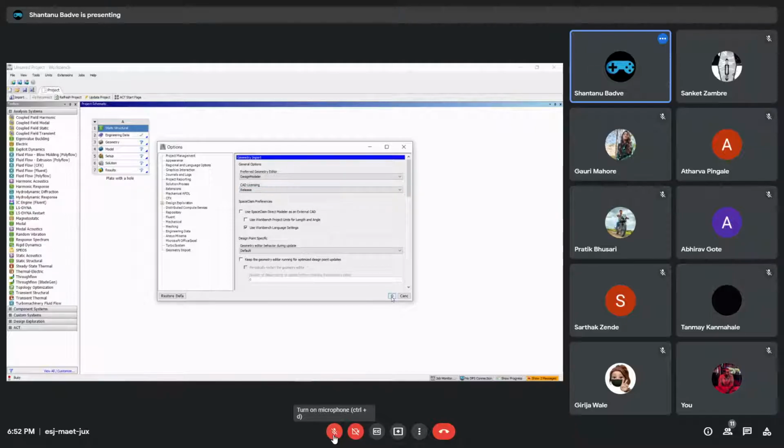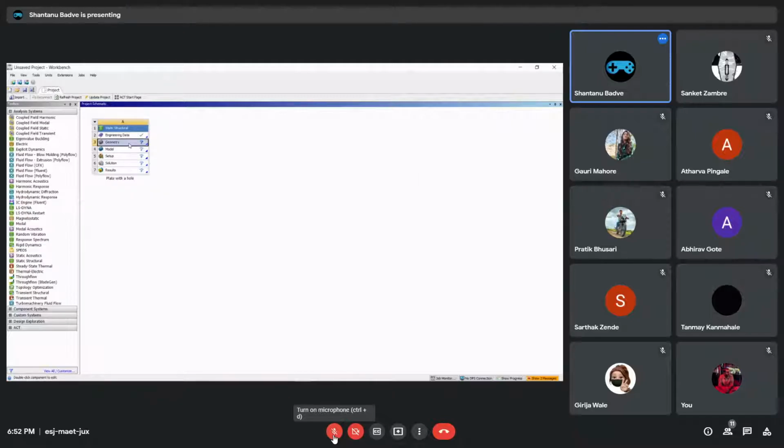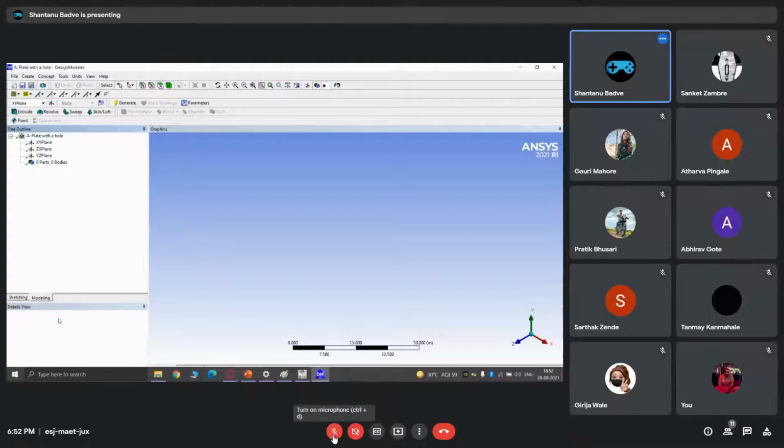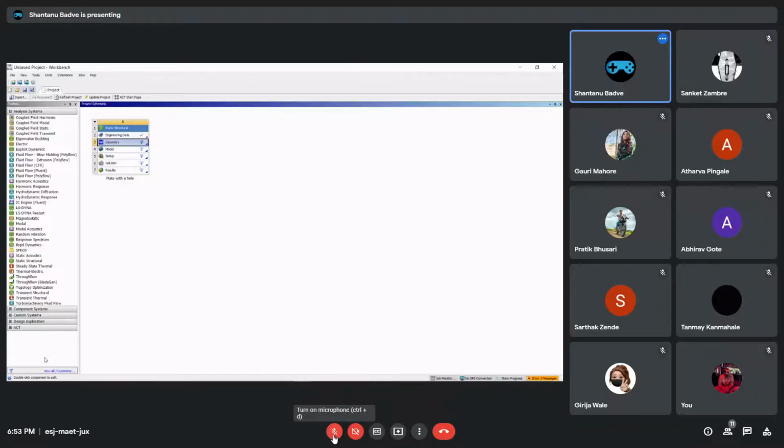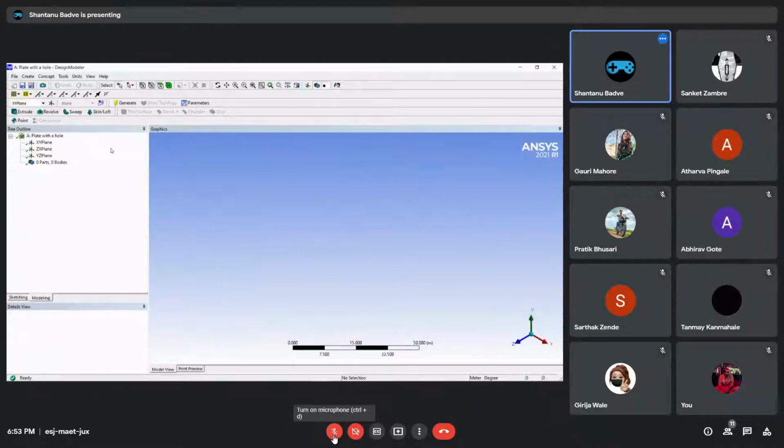All right, and then just click on this OK over here. So we have now set our preferred CAD modeling tool to design modeler. We'll just right click and then click new design modeler geometry. And as you can see now, it is saying just below over here, starting design modeler. It is now also saying in here ready. And if you go back over here, it is saying double click the component to edit, which means that everything is ready and good to go.